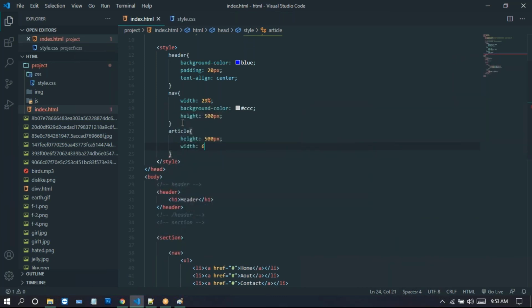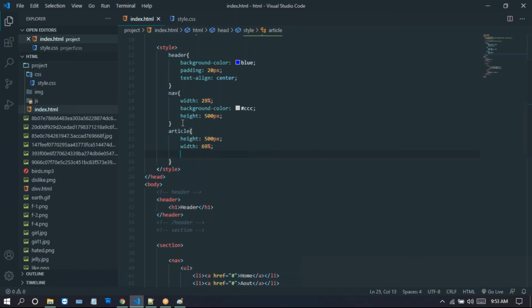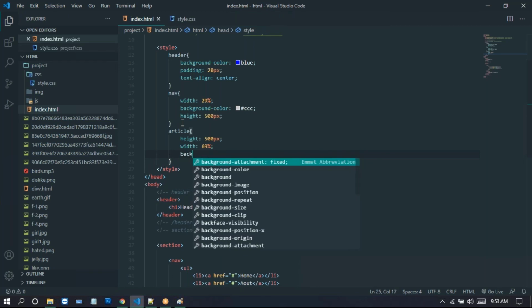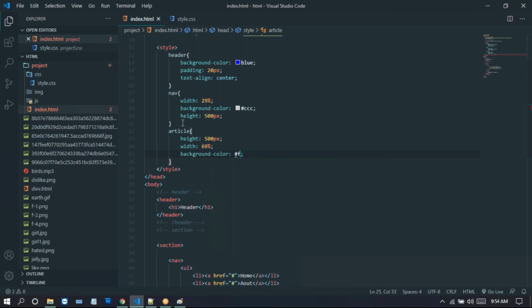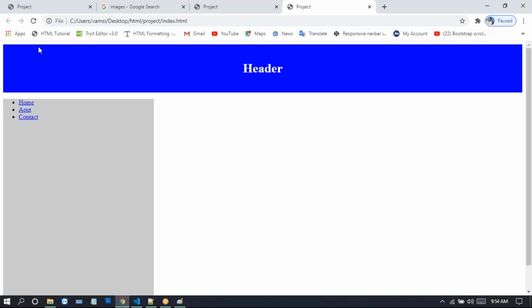Now here we take the width. So width we can take 69%. Now we just give the background color. So here I'm just giving F2, F2 and F2. Now go to this browser.